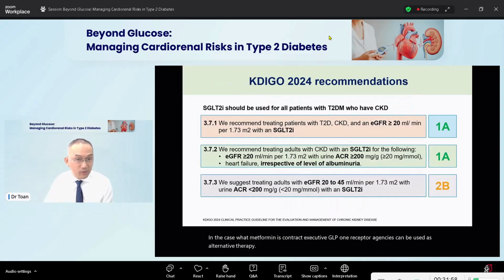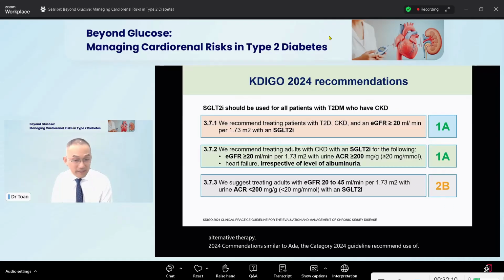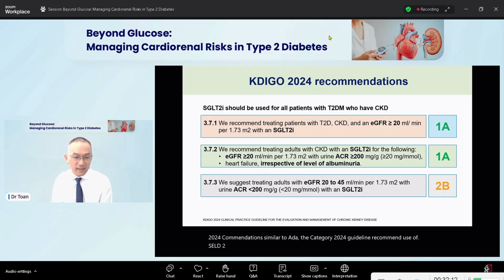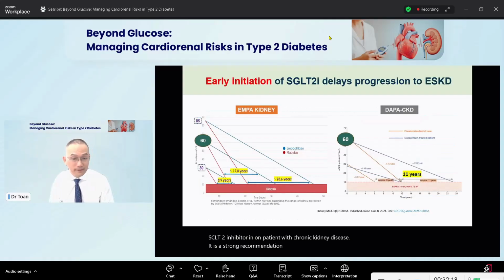And KDIGO 2024 recommendations, similar to ADA, the KDIGO 2024 guideline recommends use of SGLT2 inhibitor in patients with chronic kidney disease. It is a strong recommendation with high evidence. And earlier initiation of SGLT2 inhibitor delays progression to